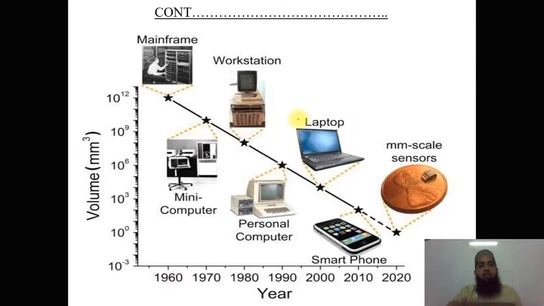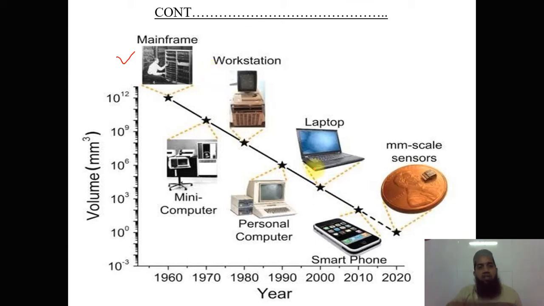This continues with the evolution of CIM. Initially we used a mainframe. If you remember, in module number 3 I already explained the tape system. Initially they used a tape having small circles, big circles, and some kind of symbols. That tape was inserted into the machine, and the machine had a laser light that scanned the small and bigger holes, which had different meanings, so that the operation could take place.